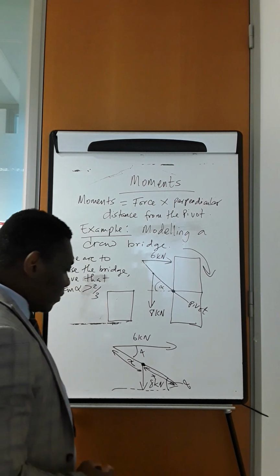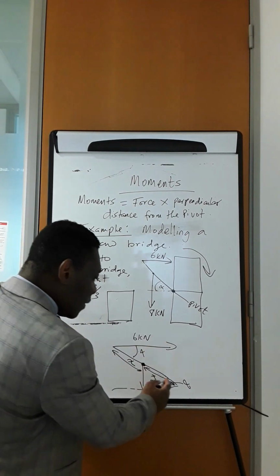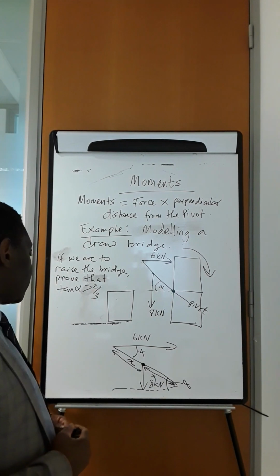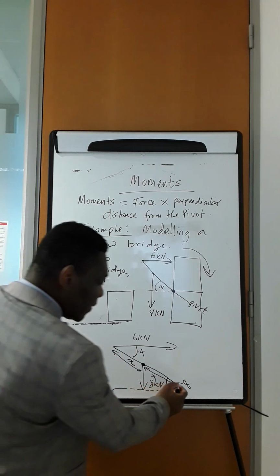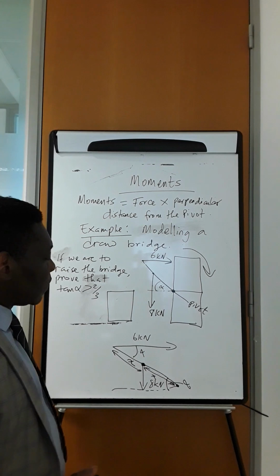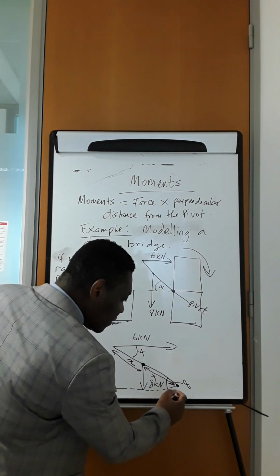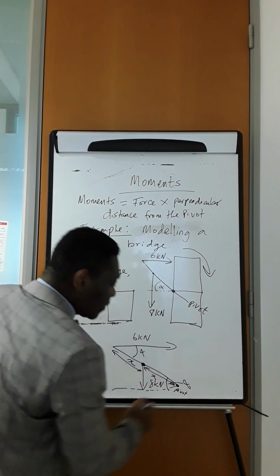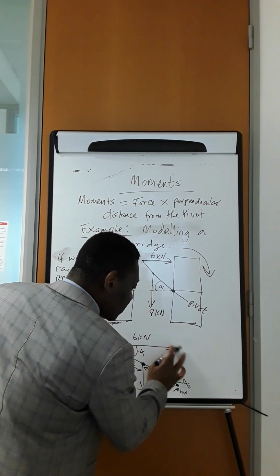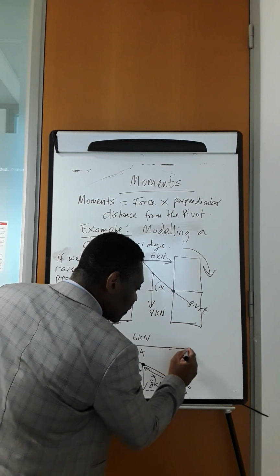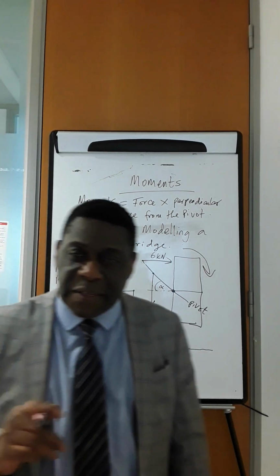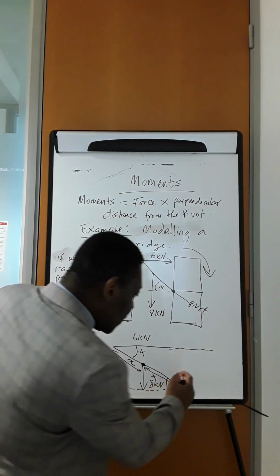Now, this force, which is the horizontal force, has to be perpendicular to that pivot here. So if we actually extend the line of force, let's remove this arrow, so that we'll be able to actually include our perpendicular distance. So if we